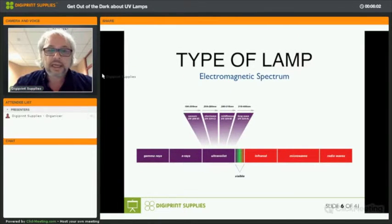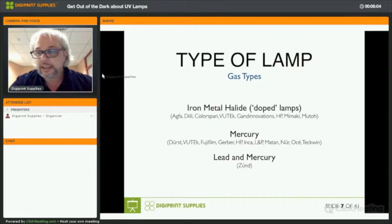Okay. Now, the type of lamp is defined by the gas used inside a quartz tube. UV lamps are of course used in a lot of industries, and not only inkjet printing. They are used to cure fingernails, to disinfect certain materials, in coding and marking, etc., etc. But in inkjet, large and super wide format printing, we can see about 3 different types of gas used in